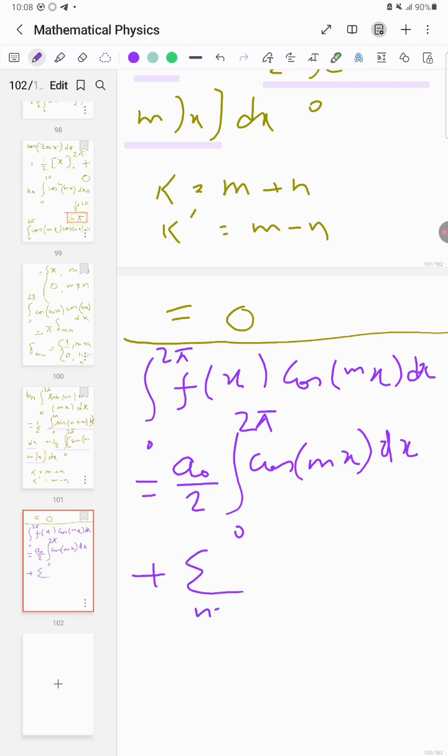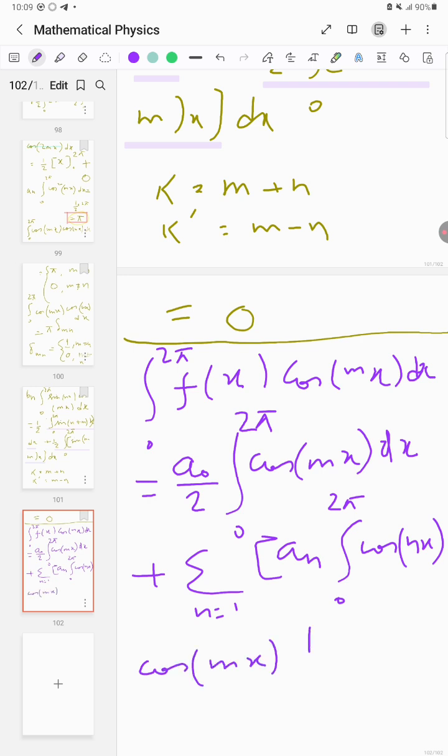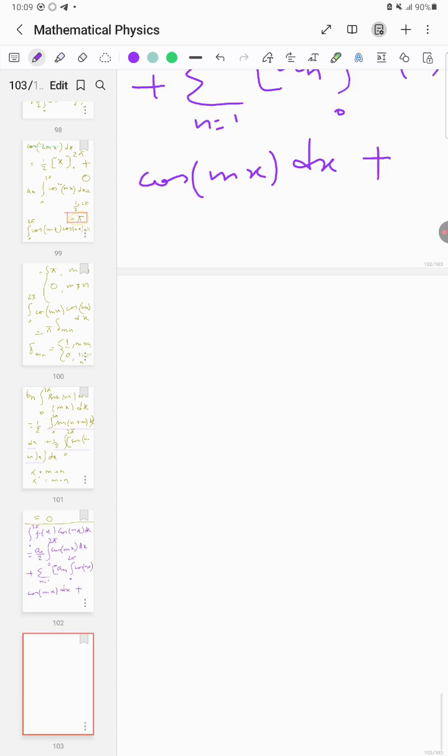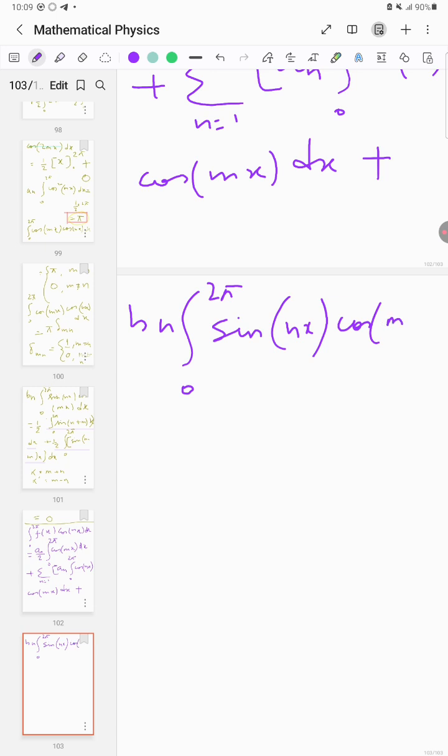plus summation n equals 1, that is summation over n, integration 0 to 2 pi cos nx cos mx dx plus bn integration 0 to 2 pi sin nx cos mx dx gives us what? Gives us